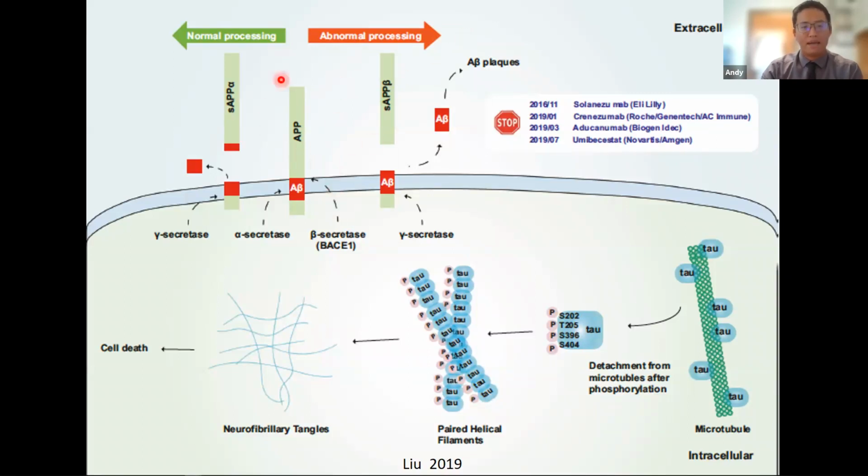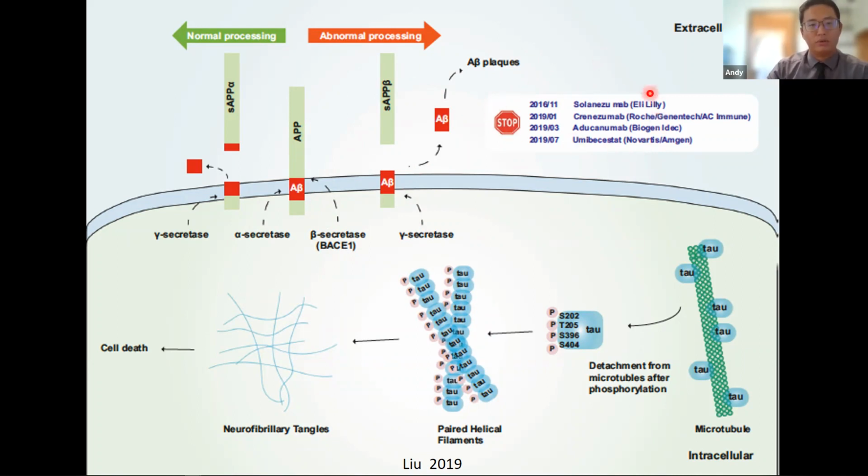Okay, so based on this, I'm going to walk you through it very quickly. APP is amyloid precursor protein. The cutting of the actual APP protein will determine whether it's normally processed or not. So if alpha secretase cuts first, followed by gamma secretase, that's normal processing. If beta secretase, which is an enzyme that cuts here, cuts first, and gamma secretase cuts here, it forms A beta plaques extracellularly, which leads to the hallmark protein of Alzheimer's disease.